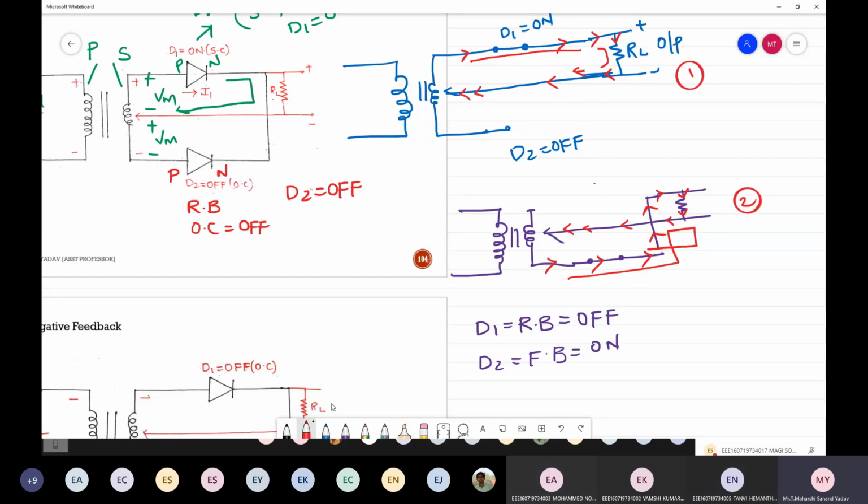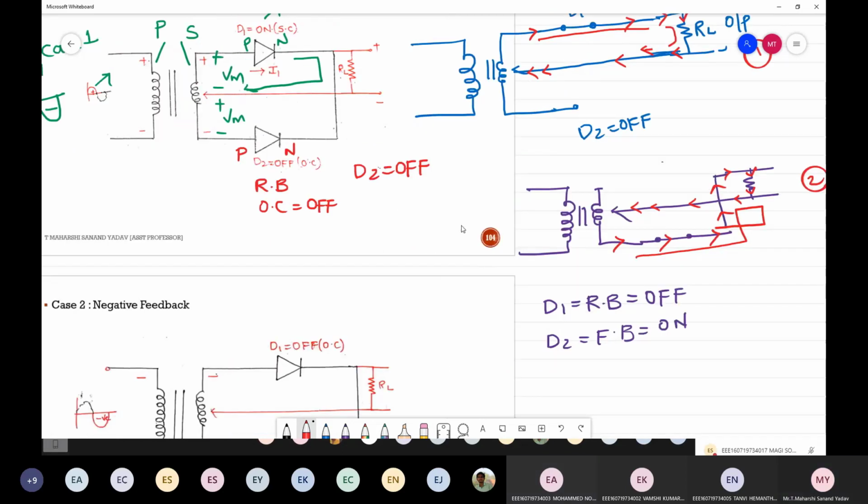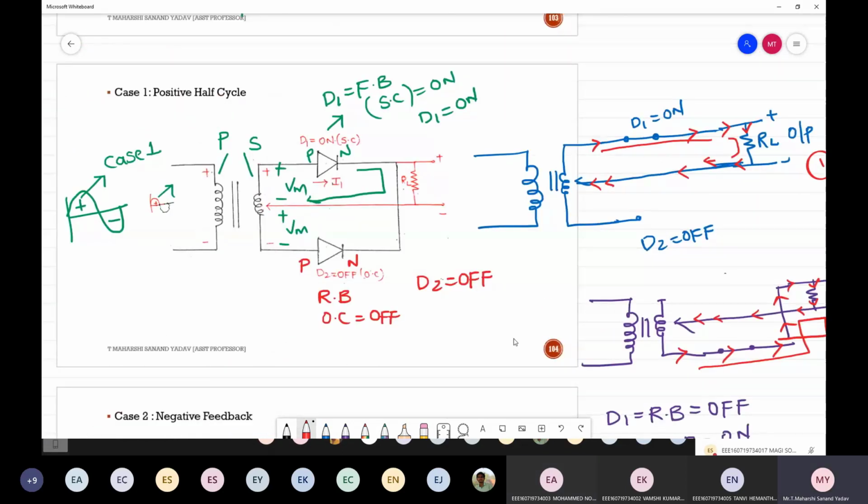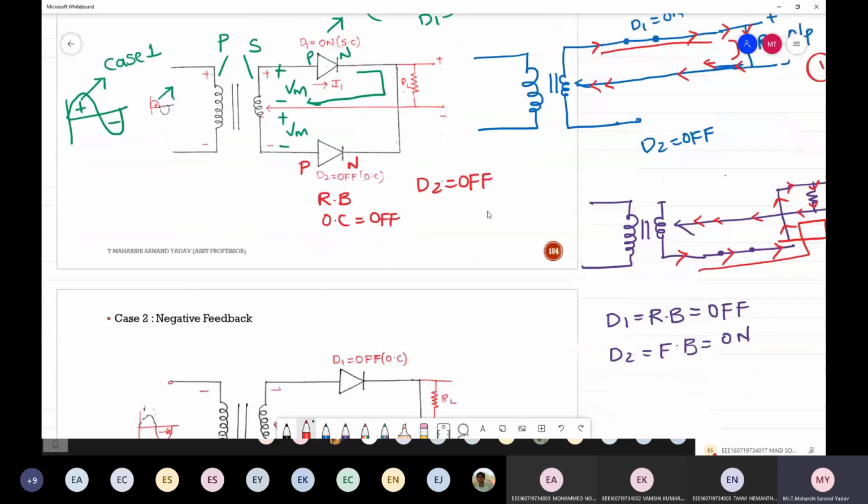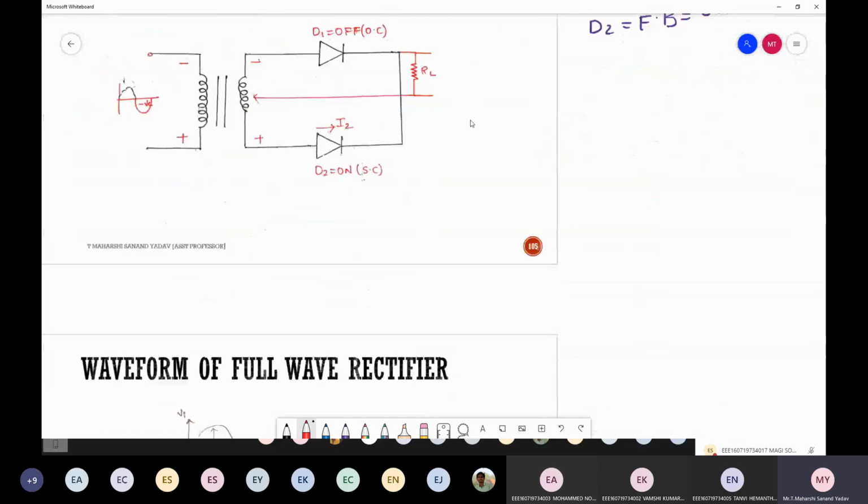So are you clear with this in 2 cases? Yes. Any doubts, anyone? The working will be very simple, but the complex part is while trying to derive the parameters, it will be a bit complex. The working of half wave, full wave and bridge rectifier is very easy once you understand the concept of forward bias and reverse bias. That's it. As you are able to answer, I hope you are clear.